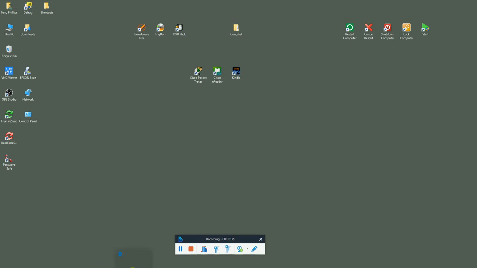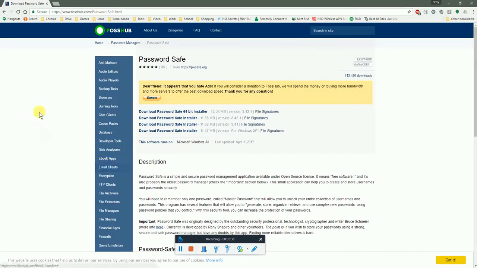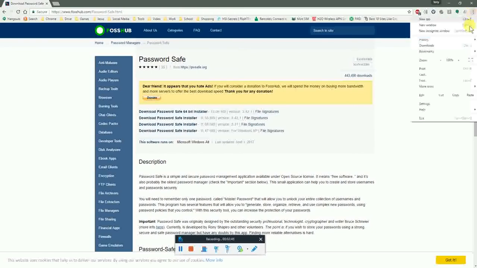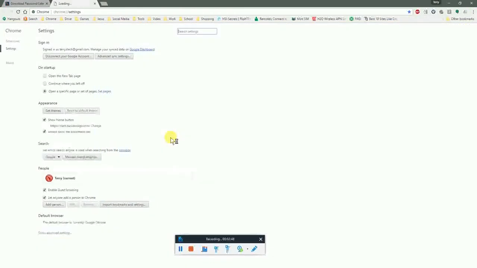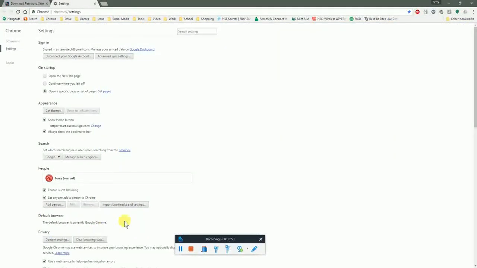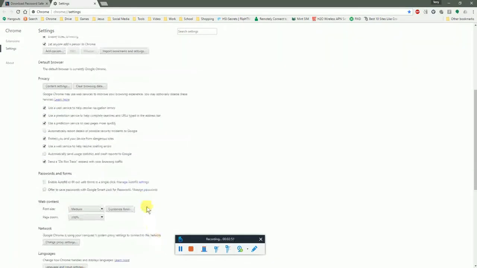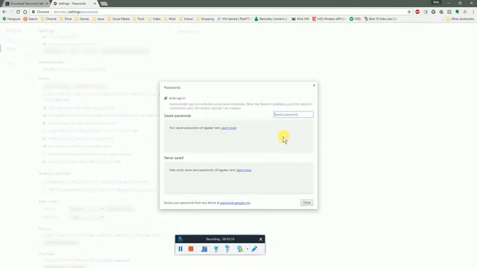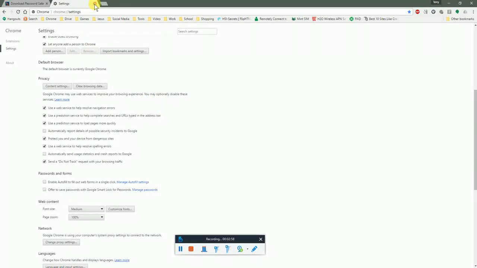Let's go back here to our reliable browser, which is Google Chrome. I love it. And you don't save passwords in your browser. If you've done that, you've made a mistake. Somebody compromises your machine, you now have all of your passwords saved in your browser, and I don't do that, as you can see. So you go to Password Safe,